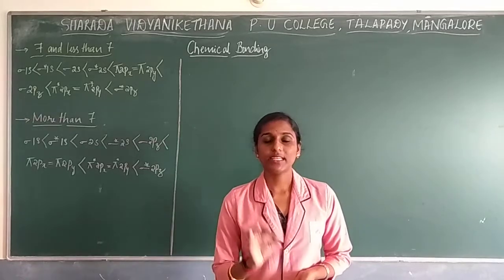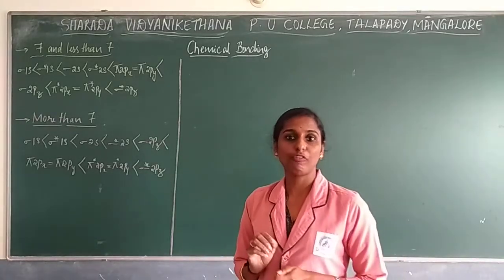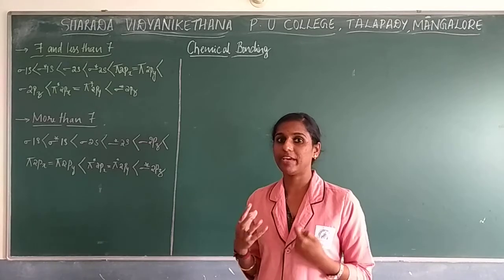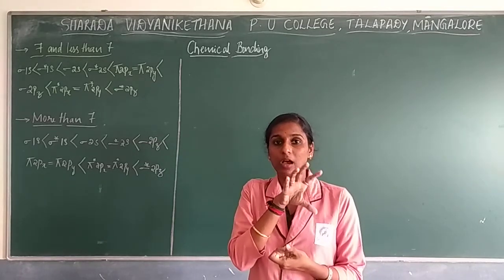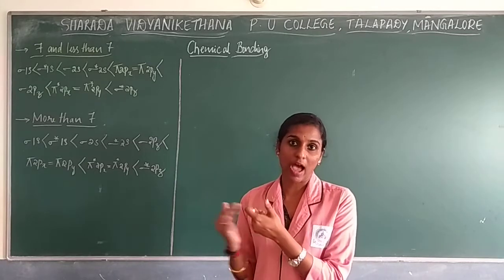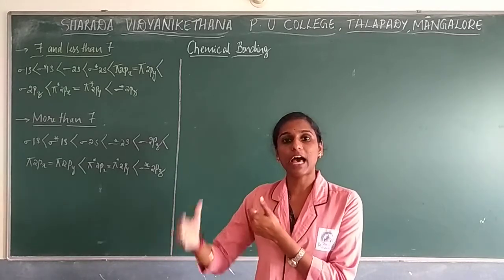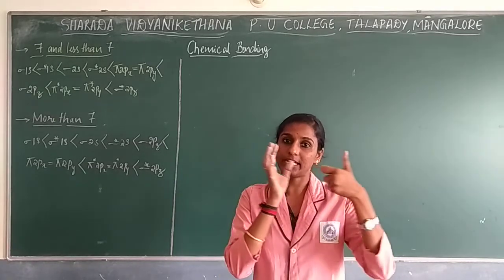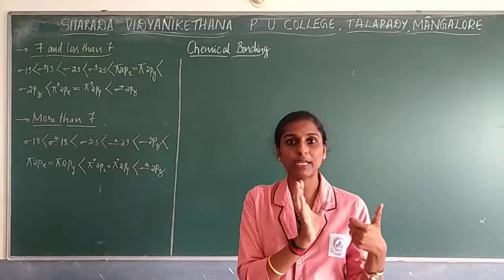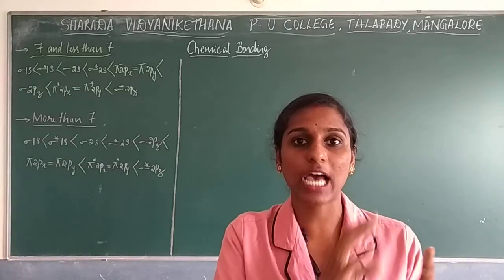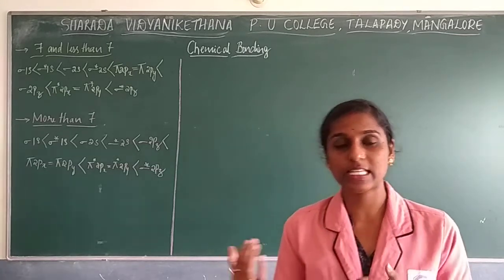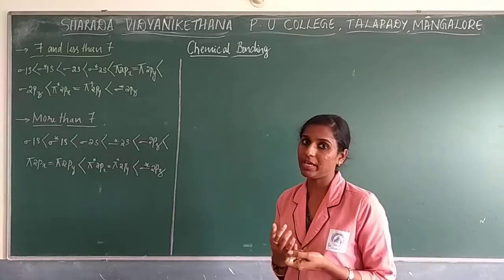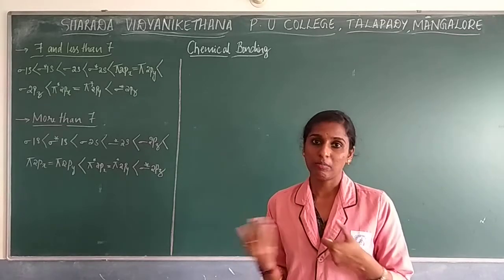Students, you have already studied the features of molecular orbital theory, which mainly explains the formation of molecules by the combination of atoms, each having atomic orbitals. When they combine and form molecules, they form molecular orbitals. Then electron pairing takes place, in the sense that a covalent bond is formed between those atoms.